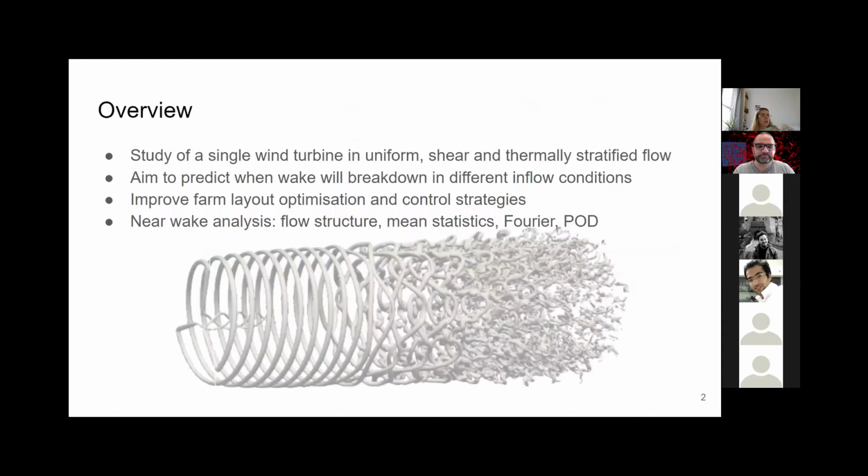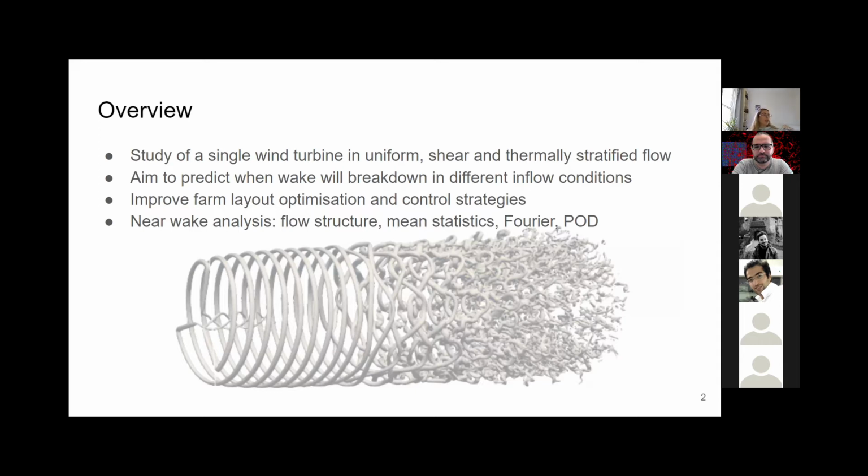Okay, so just an overview quickly. I'm going to present the results from a set of simulations of a single wind turbine in uniform flow, flow with added shear, and flow with thermal stratification. And we're doing this with the aim of predicting when the wake will break down with these different inflow conditions, and specifically how these inflow conditions contribute to the wake breakdown. And if we can do this, we hope to use the results to improve farm layout and also optimize control